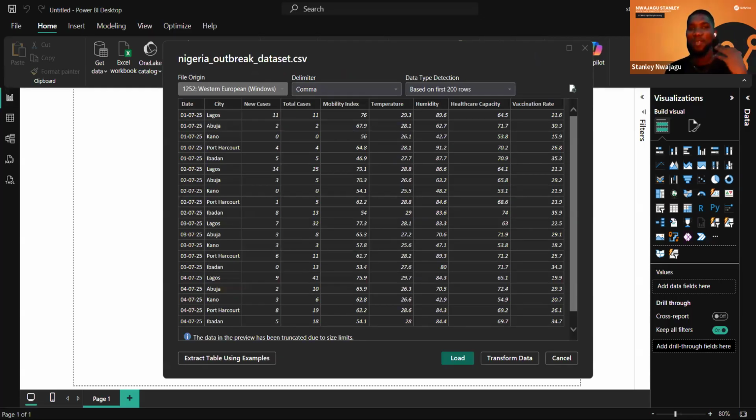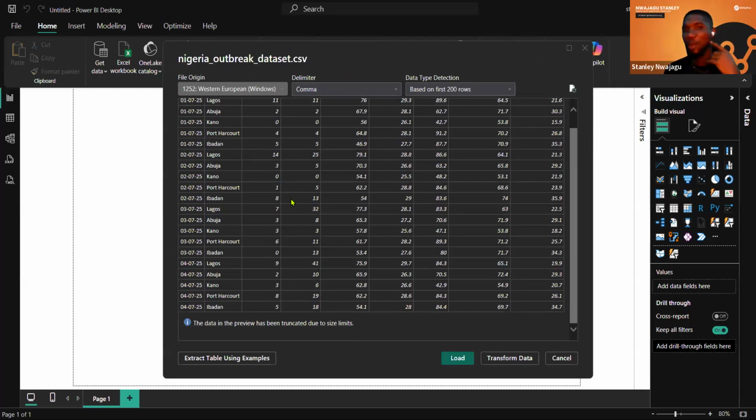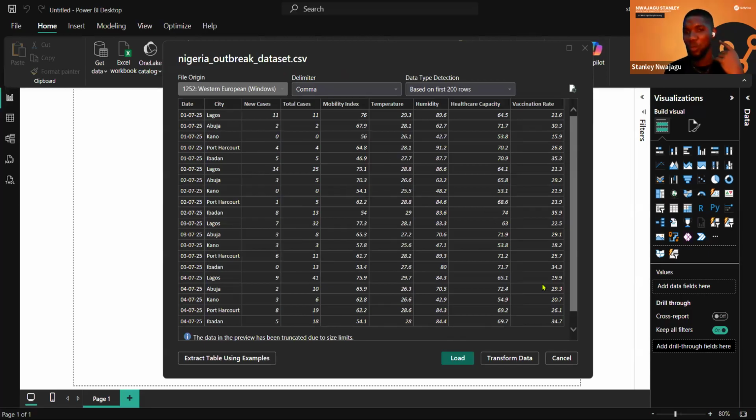So just give it a moment. Power BI is always going to do its magic. Give it a moment, and Power BI is going to bring up that same data that we have on Excel. And here you can see the data just like we had it on Excel, just like I showed you, right? We can also load this data immediately into our Power BI,